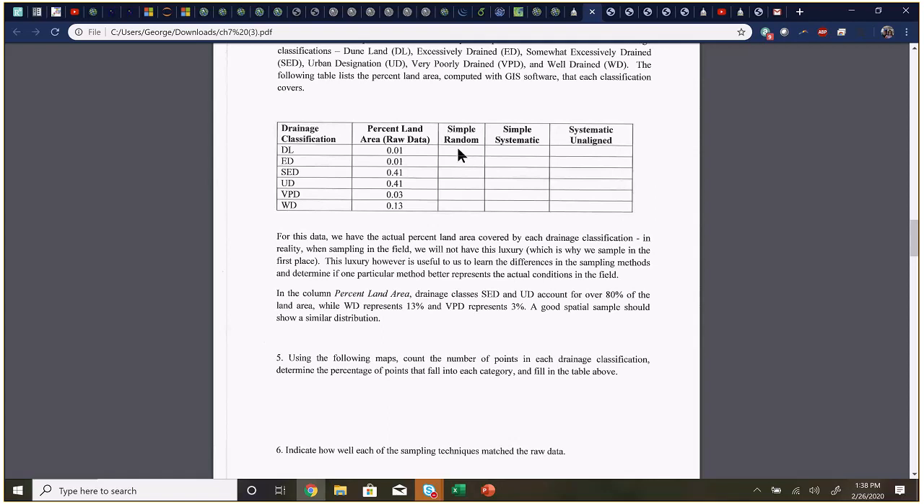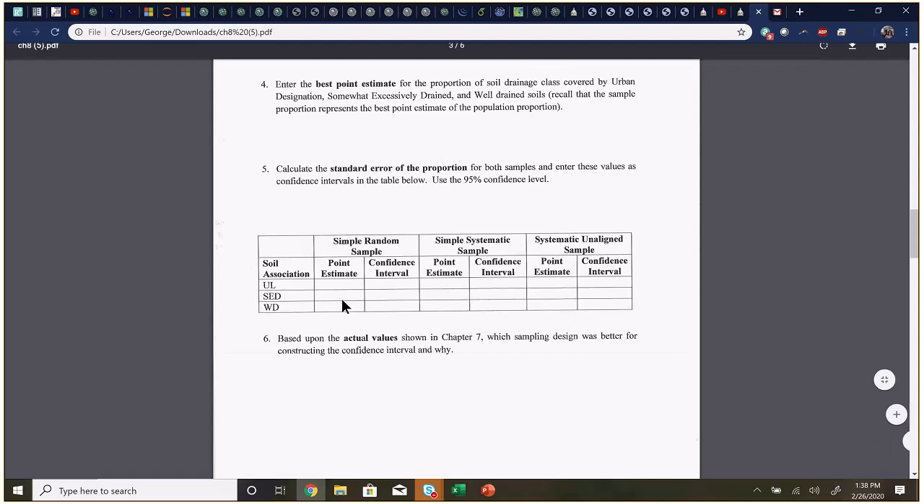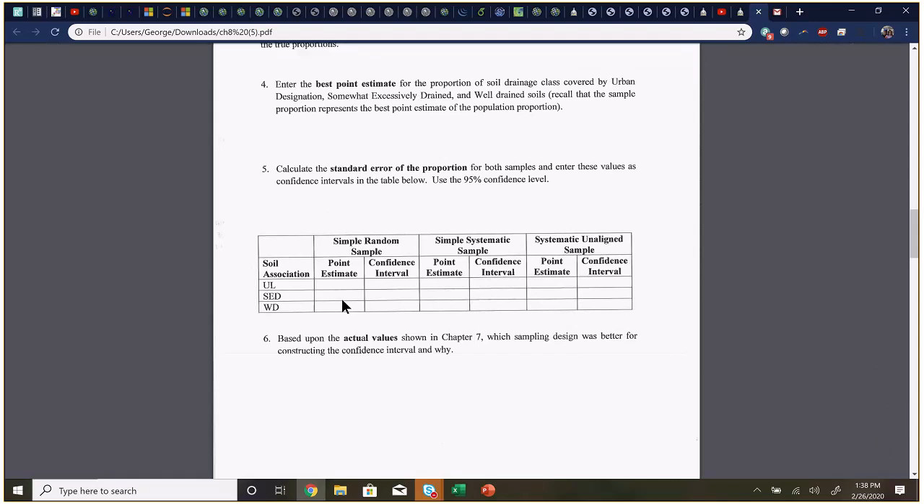So you're going to get a number for each of these values. And then you're going to transfer those over to here. This column, and this column, the ones that say point estimate. Because the best estimate of the population proportion is the actual proportion. I mean the sample proportion. Okay? Then what you're going to do is you're going to plug that into the formula there for the confidence